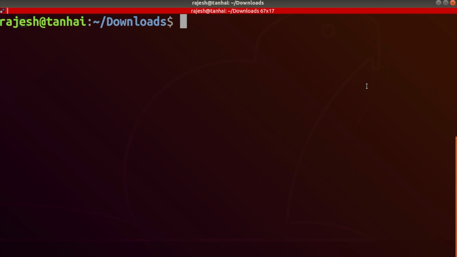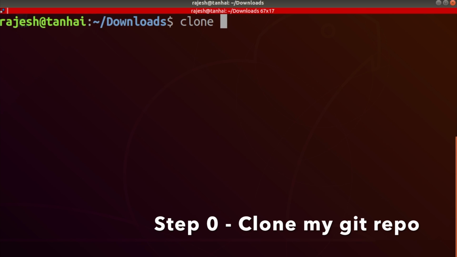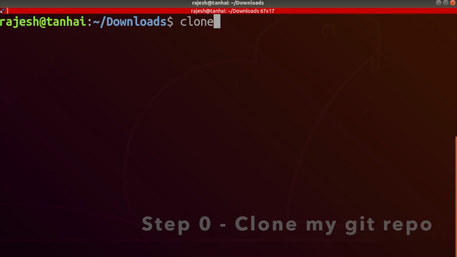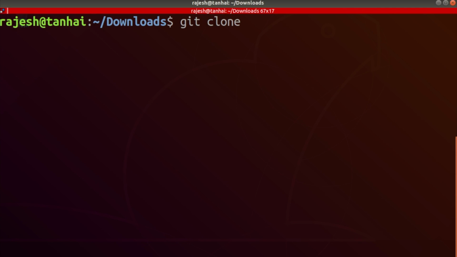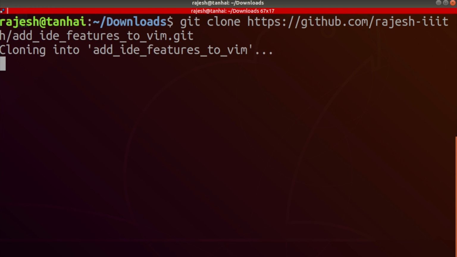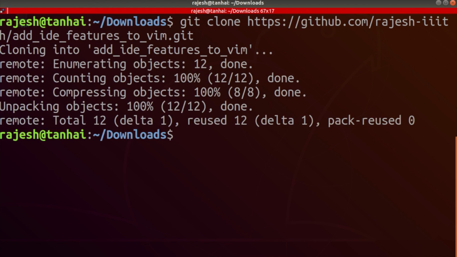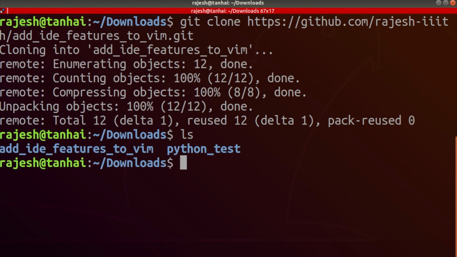To make this process simpler, I have created a set of shell scripts for you. So all you need to do is to clone my Git repository. So you will do a Git clone. Make sure that you have Git installed in your system. So you do a Git clone and clone this repository. I'll add a link to this repository in the description. So you need not bother about it for now. So it's already cloned. So let's navigate to this directory,